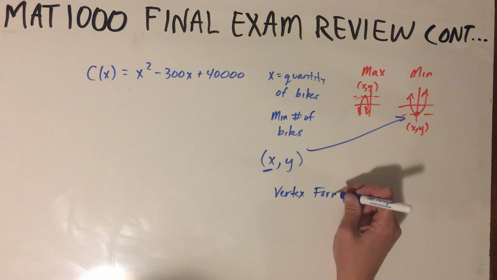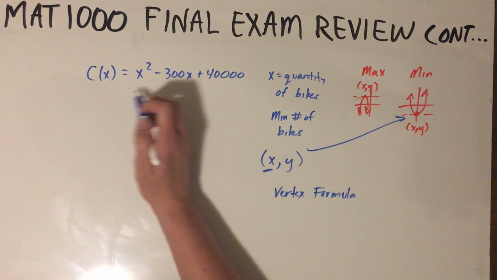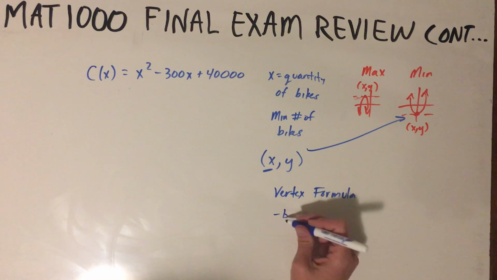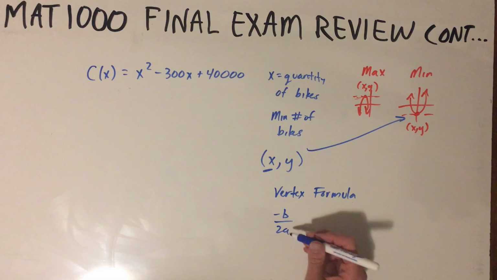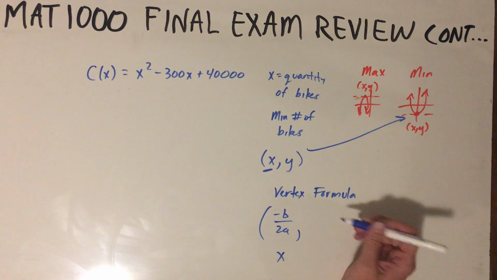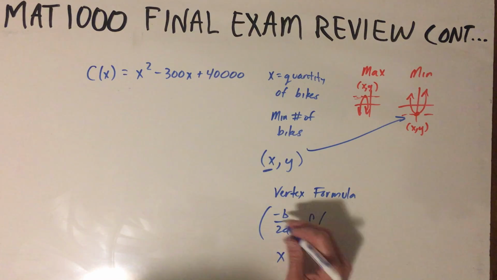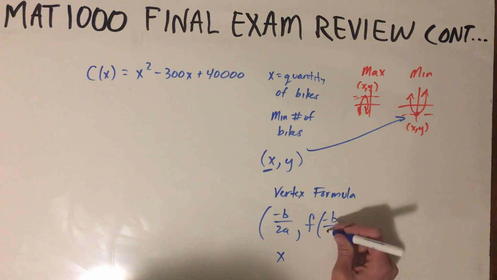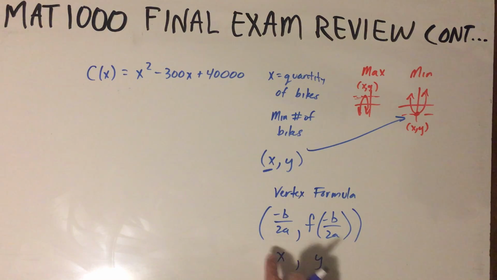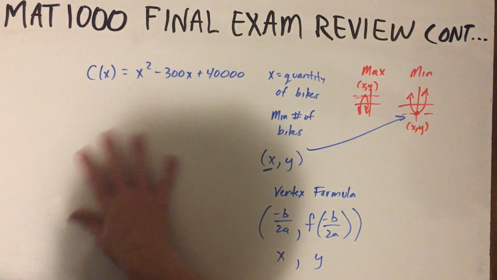And remember that when you're given a parabola, the x point is negative b over 2a. This is my x value of the vertex. And how do I find the y value? Well, I plug in whatever I get for this x value right here, and that is going to be my y value. So you need to know this vertex formula to figure out a cost function problem like this,